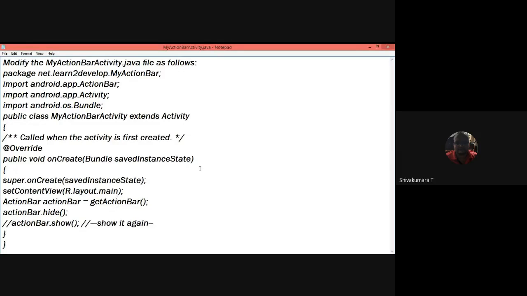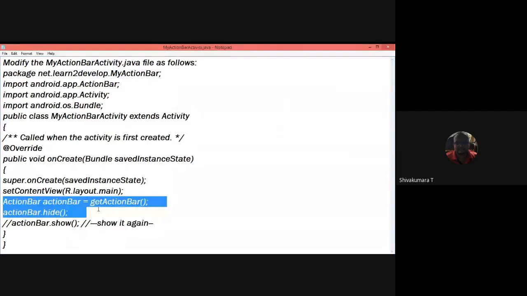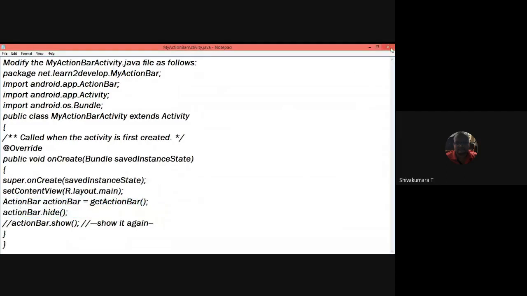So how you define the code: suppose you want to see the action bar always, then don't define the hide method. If you want it visible whenever you touch the screen, you define the code in such a way. There are two option methods, hide and show. So, one code snippet showing how to get the action bar onto your activity window.